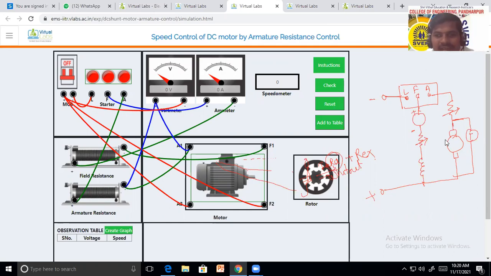In that, we are discussing this one also. See, our connection is correct. We are moving to the next, that is, switching on. We switch on the MCB, and this LED glows green. What happened to the LED? It glowed green. The motor will start. We can see the rotor. So the motor will start rotating. The motor starts to rotate.